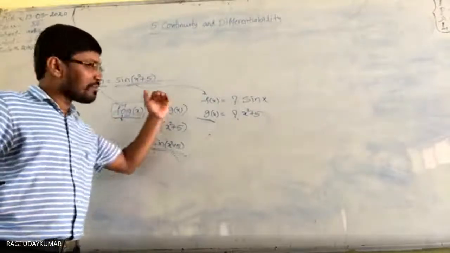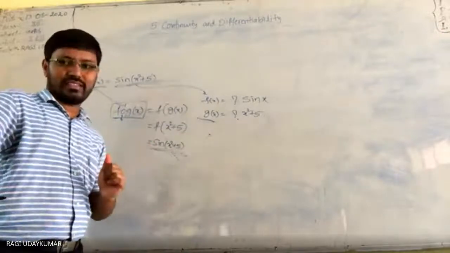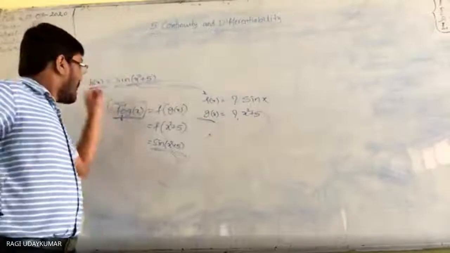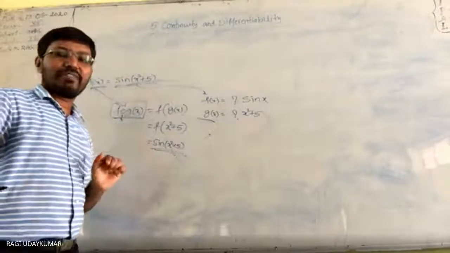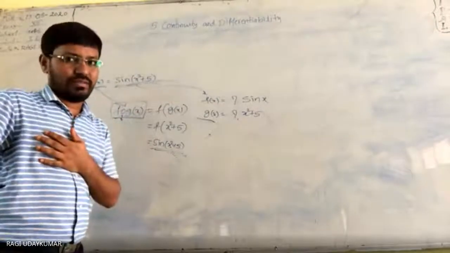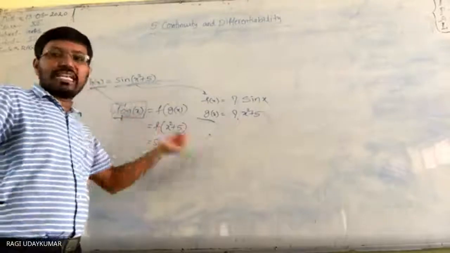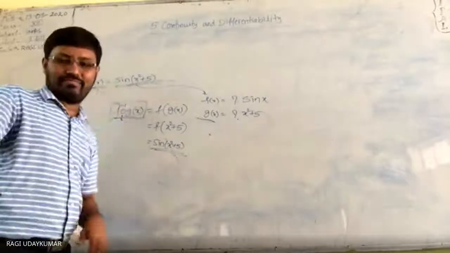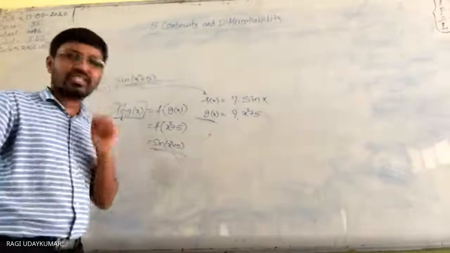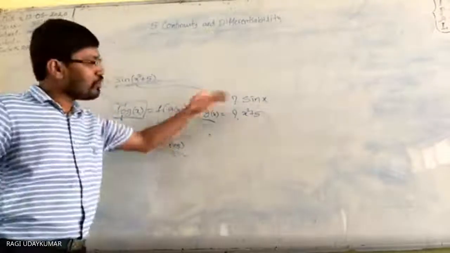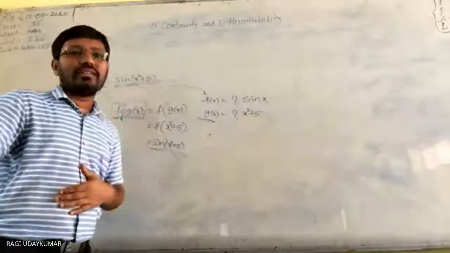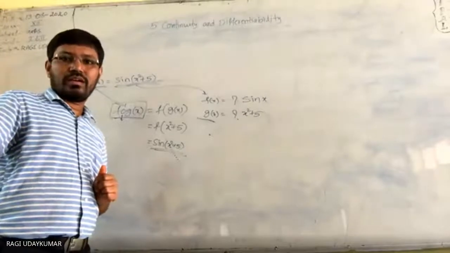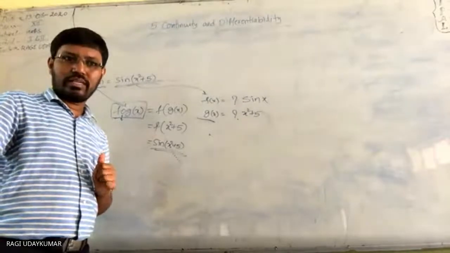But suppose I ask you a question like this. A function is given to you, h of x is equal to sin of x square plus y, and it is a composite function of f and g, as f o g of x. Then say what is f of x and what is g of x. If you understand the concept in a proper way, you will be able to say these types of things. Did you get my point? ये समझ में आया ना?